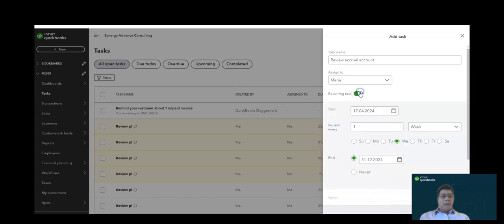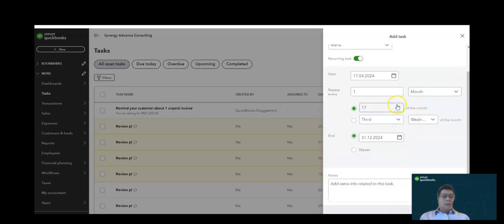And is it a recurring task? Yes, I can make it a recurring task on a monthly basis. And when does it occur? Usually it's at the end of the month or the beginning of the following month once you have completed the accounts. So you may choose on the 5th of the month,